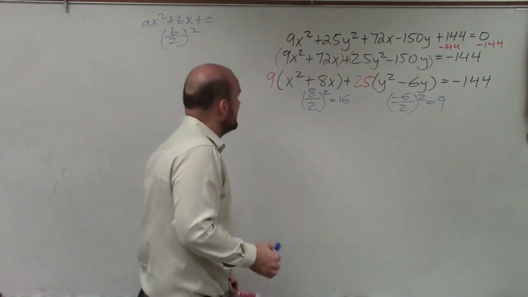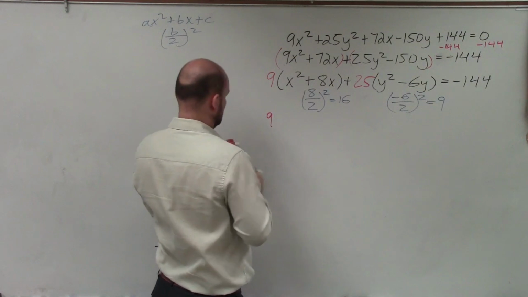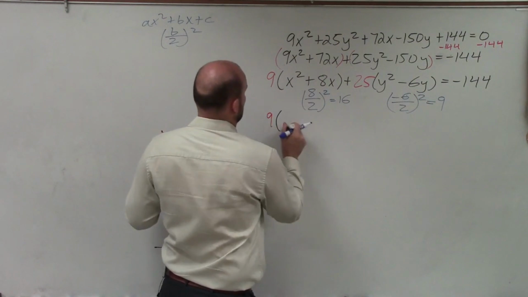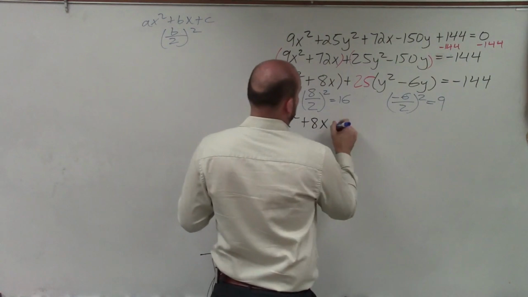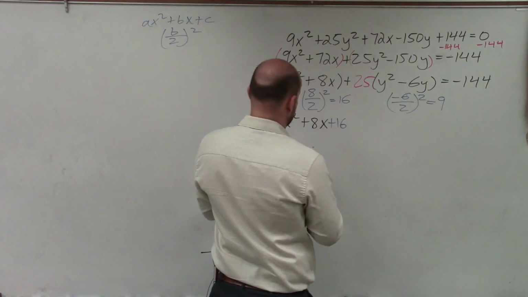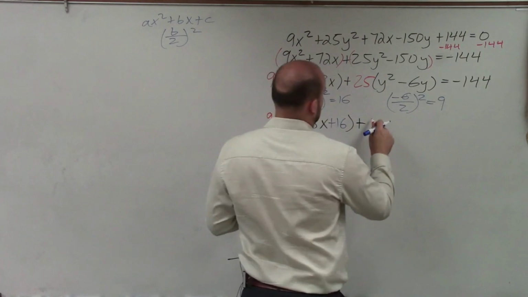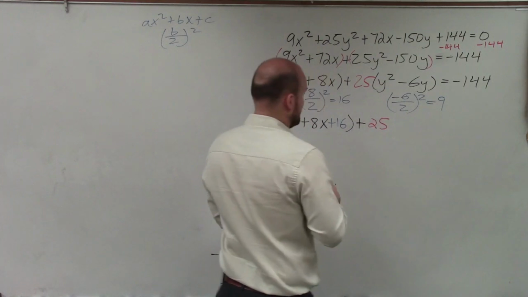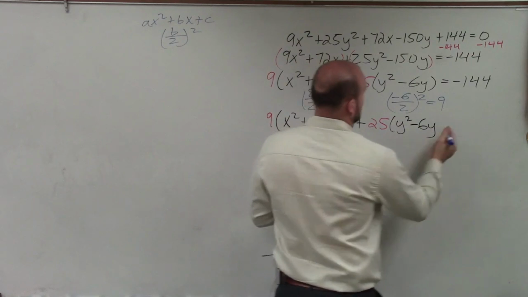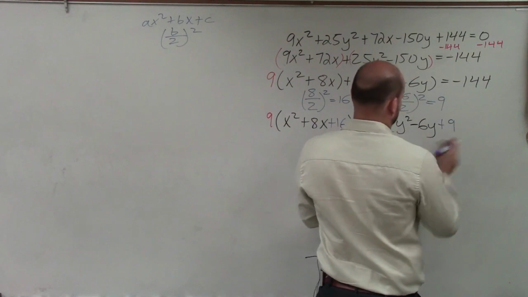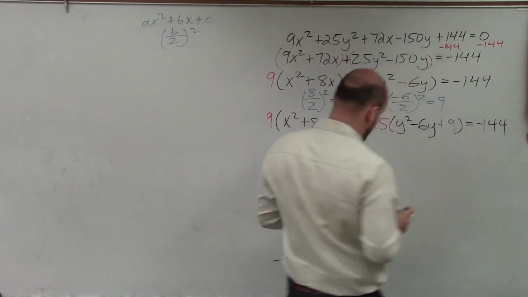And I want to use all my colors again. So I have 9 times x squared plus 8x plus 16, plus 25 times y squared minus 6y plus 9, equals negative 144. Okay? Now,